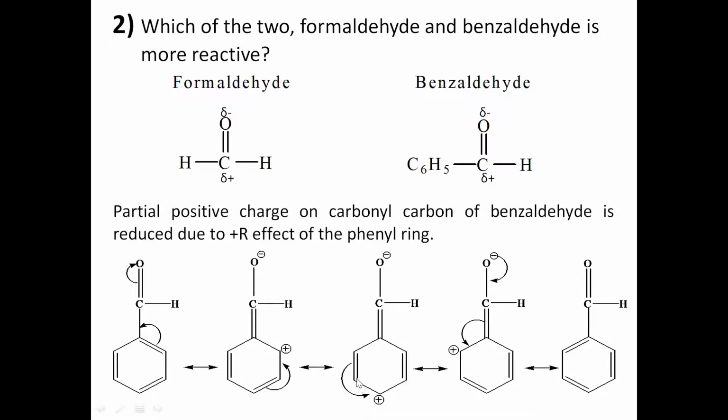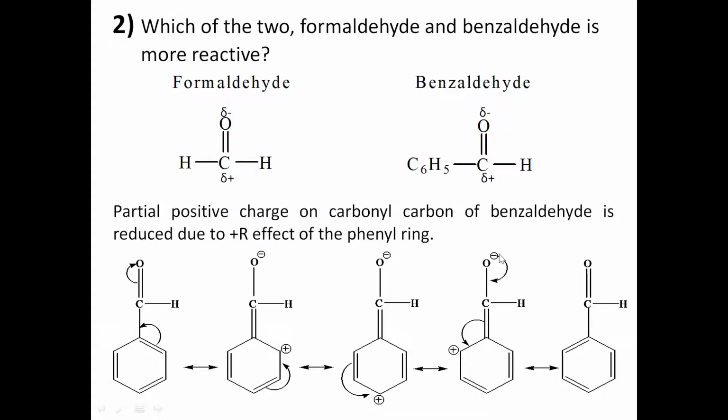So what will happen? This is single bond, this is double bond, this is neutral. There is a neutralization of this charge because there is a positive charge and pi electrons are moving here. So it becomes neutral. And since pi electrons are moving away from this carbon, this carbon will have positive charge. So you see here positive, then single bond and double bond. Now this positive charge is in conjugation with this double bond.